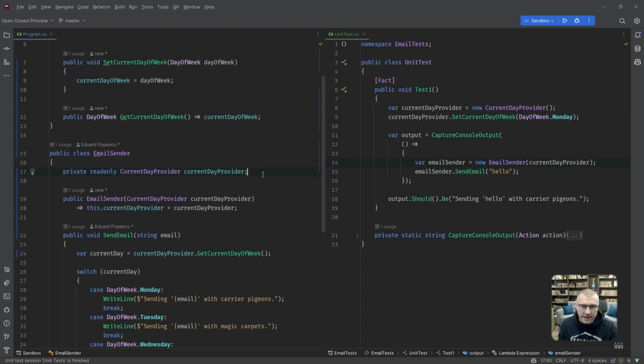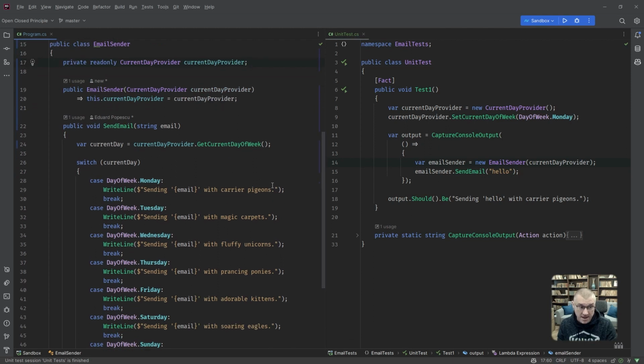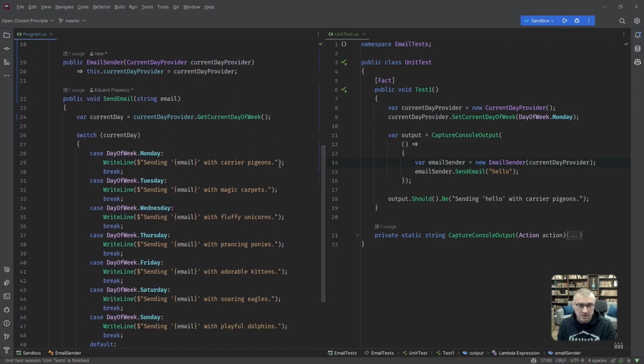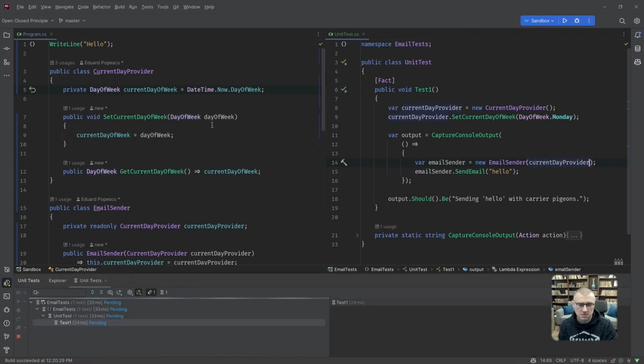So where are we at? Now, we are able to inject from outside a dependency which gives us the current day of the week. Therefore, now we can presumably test all these test cases in here, right? This thing can be made static. No, oh, by the way, let's see. Can we do this now? Yes, we can. Lovely. Okay.